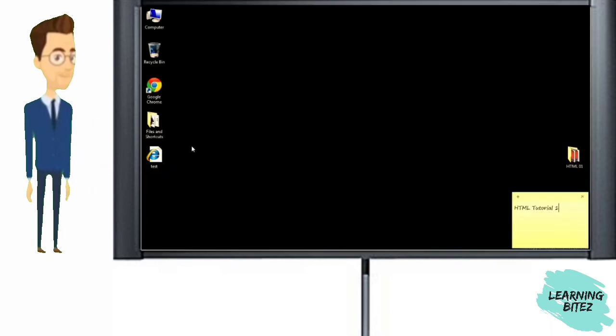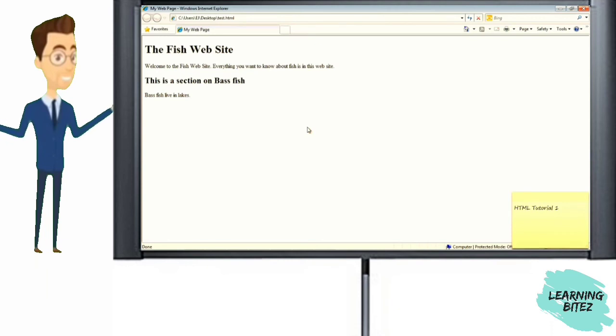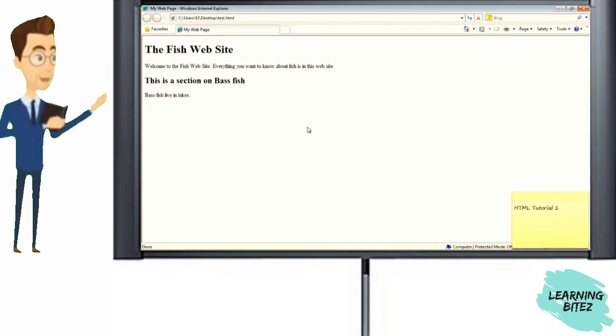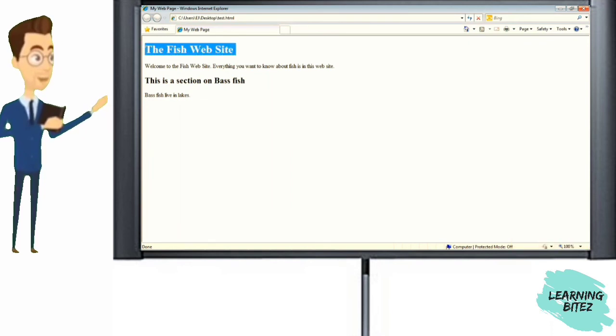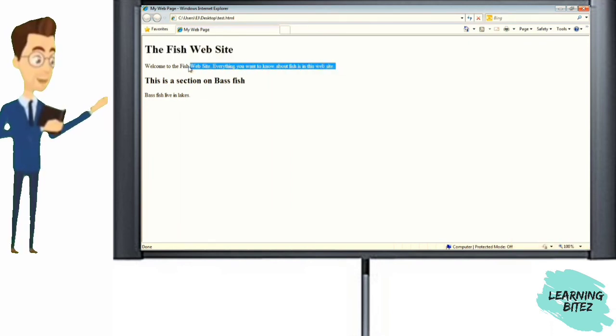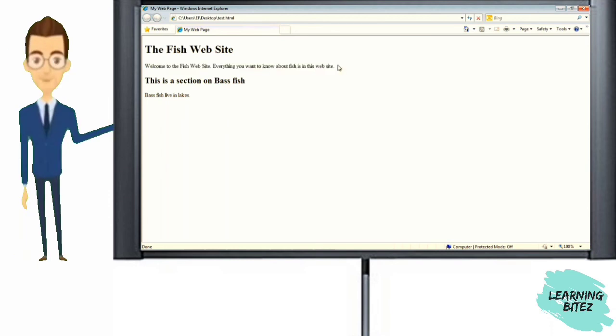And now all you have to do is go ahead and double click our HTML file, and there you see we have our first web page. And you can see here the H1 tag formatted it with the largest text, and then here was our paragraph, and you can see it made it just regular size. Now later on I'll show you how we can adjust the font size here, but it creates a standard font size for this paragraph. And then we created our second header, which is right here,